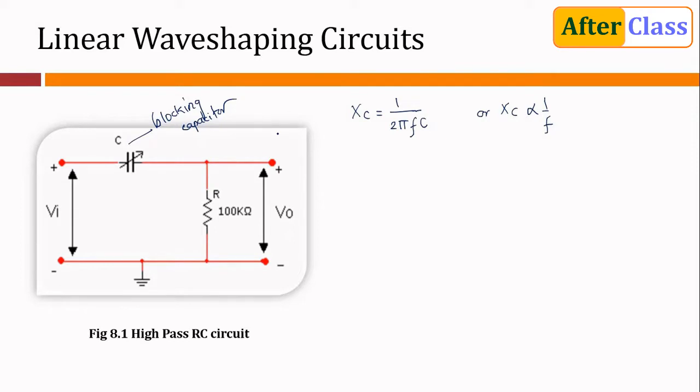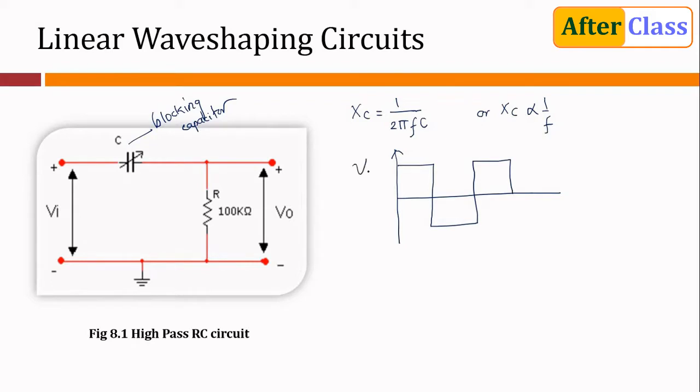Now in this experiment we are supposed to apply a specific input signal as Vi. Typically, as far as the analysis is concerned, we can apply a step input or a pulse input, but for our practical application, we are going to apply a square wave input. So let me draw a signal here, a square wave input. What is important here is the time constant. Okay, this is the input signal.